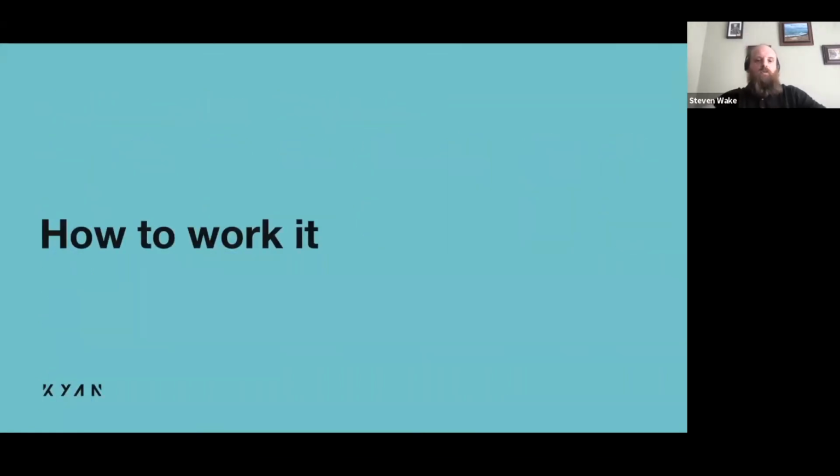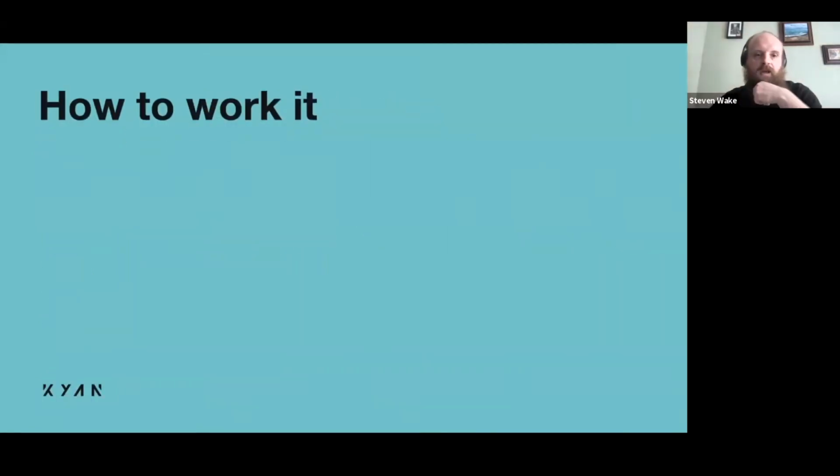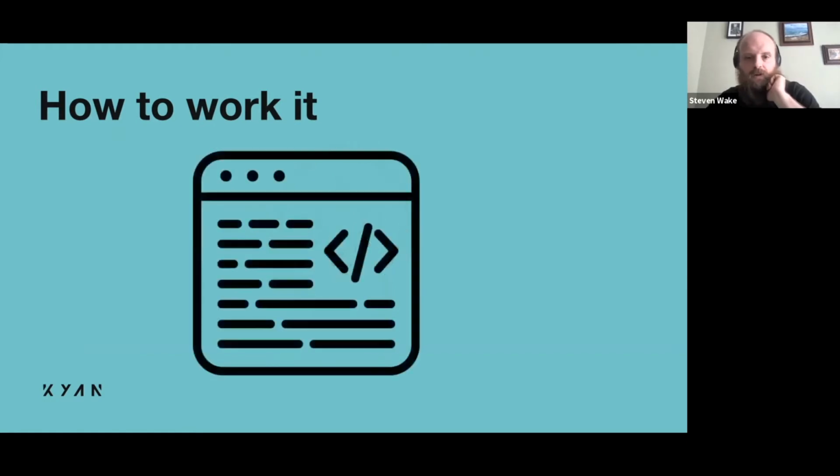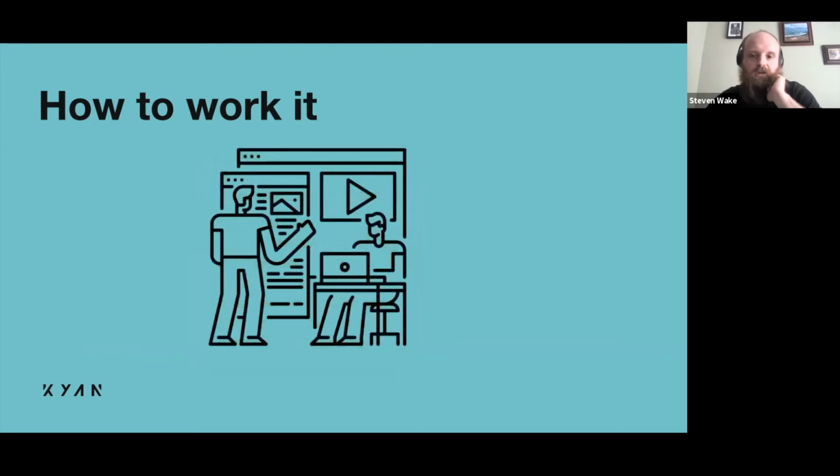So, how to work it? I'll tell you a little bit of the design, and then I'll tell you a little bit about the tools. Someone has a business idea, we're all familiar with this, and that business idea requires a website or web application. They consult a knowledgeable agency such as Kyan, and they want to deploy the application with Kubernetes, maybe like a Rails app with a Postgres backend.